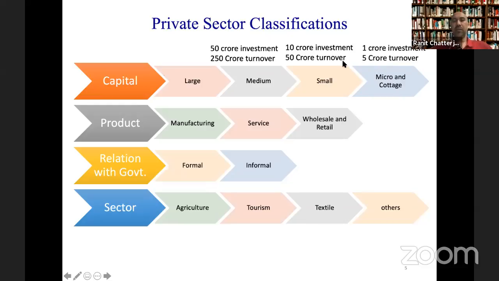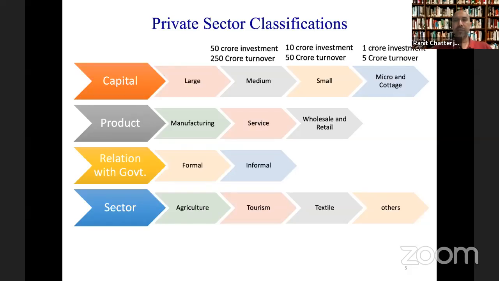When I talk about the private sector, I'll just try to focus on what are the different classifications, because this private sector classification is very important. When I say MSMEs, that is just one way of classifying the private sector, which is based on the capital mostly. It also varies. I'm just talking about the capital because this is how we define it in India mostly, but there are other factors which define an MSME, like labor or possibly the profitability of the company, the revenue it